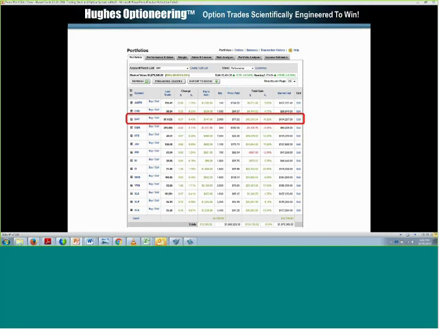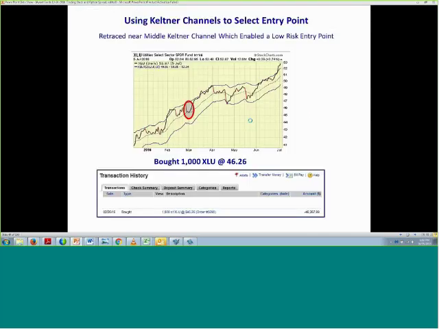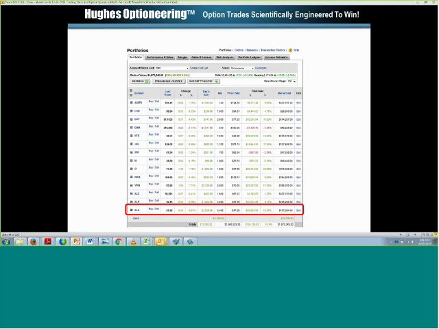So you can see with DVY, the dividend ETF, we have a $18,000 open trade profit. Here's another example. This is for the XLU, the utilities ETF. We bought 1,000 shares at 46.26 right in here, and then it rallied up to over $50, and so with that, using those Keltner channels allowed us to get a low risk entry, and we have a $16,000 open trade